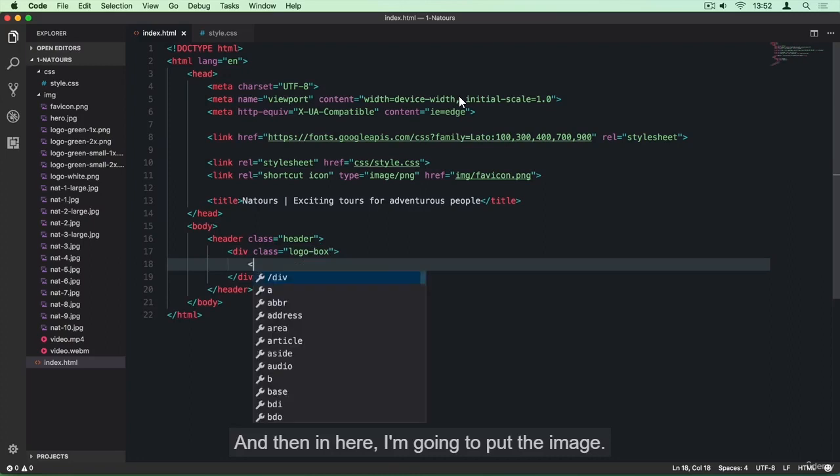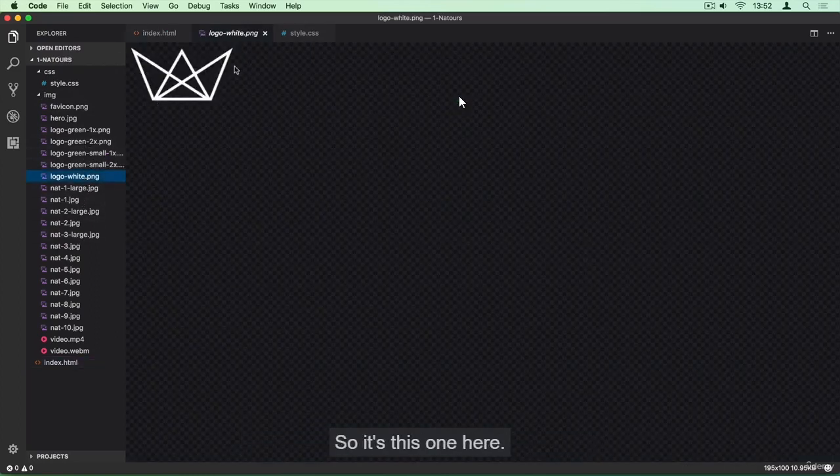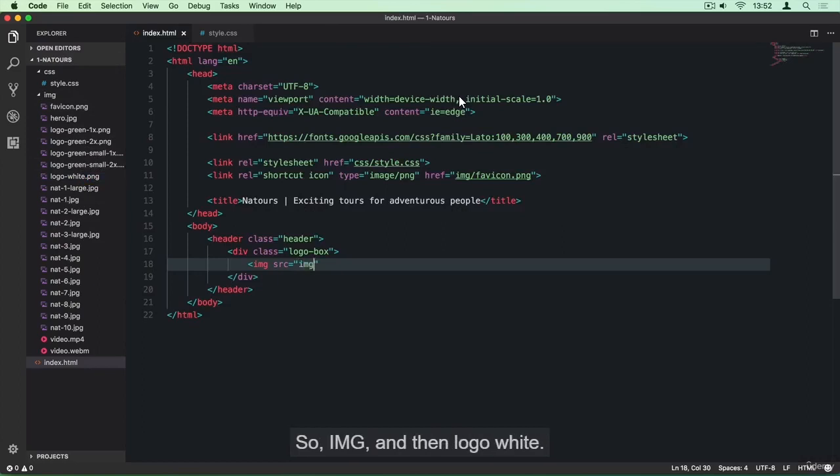And then in here I'm going to put the image. So we go into the image folder, so img, and then from here the logo that we want is called logo white. So it's this one here. So img and then